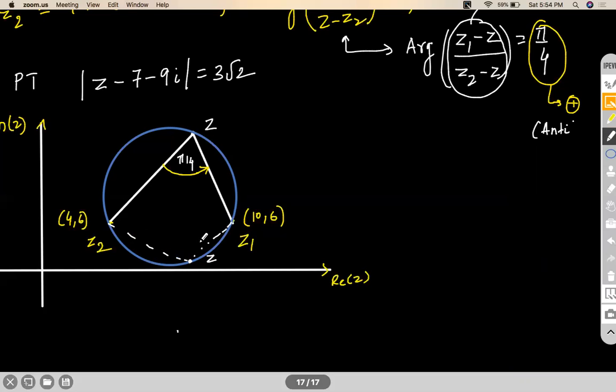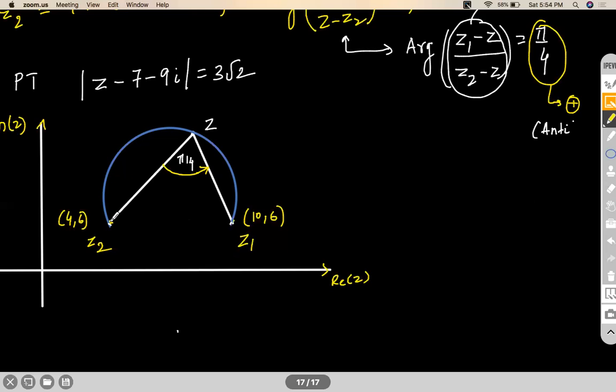First, your arrowhead should be on your connect of Z1 and Z, because that is there in the numerator. Correct. Now you can see for yourself, this is a clockwise angle. So this has to be minus pi by 4. It cannot be plus pi by 4. And because it is plus pi by 4, my Z will not come down the arc. It will always remain on the top part of the arc. So this path would not be taken by Z. Are you getting my point?